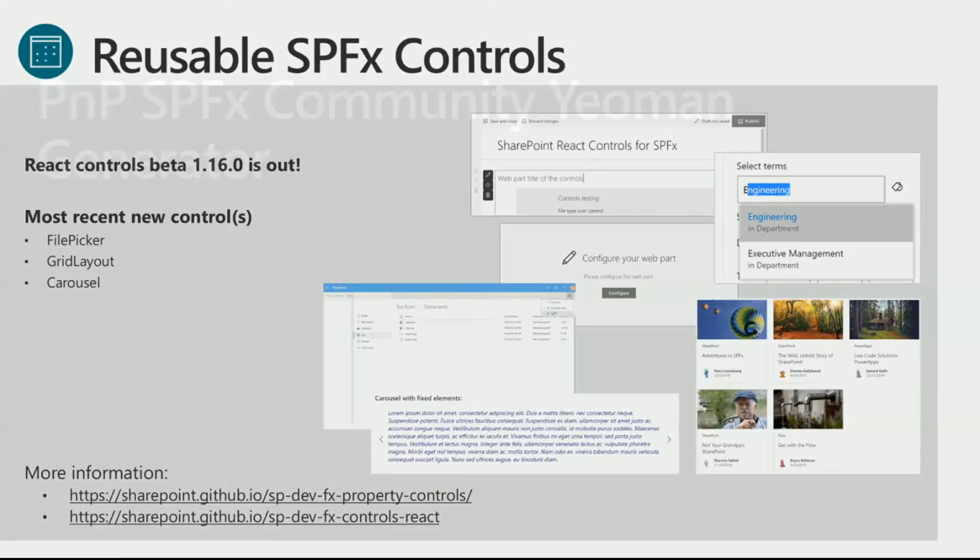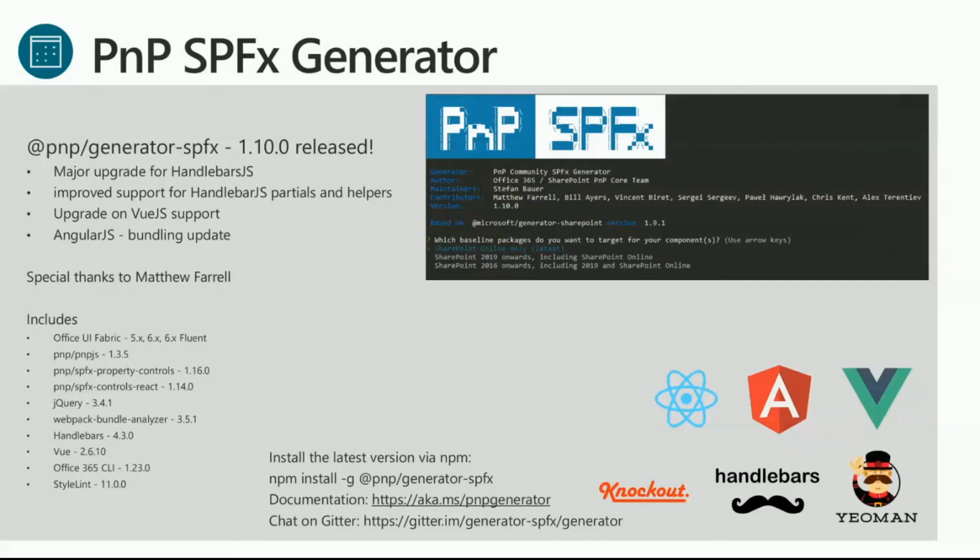And last but not least, the Community Yeoman generator. So this is a Yeoman generator built on top of the out-of-the-box SharePoint Framework generator. So if you use this generator, you end up with a quote-unquote real SharePoint Framework project with all the same dependencies and all the same supporting libraries and such from Microsoft, but you also have a lot of additional options for setting up and including different things into your project that you wouldn't have with the standard out-of-the-box SharePoint Framework generator, such as the ability to have Handlebars, Vue, Angular, things like that, and include a lot of external libraries